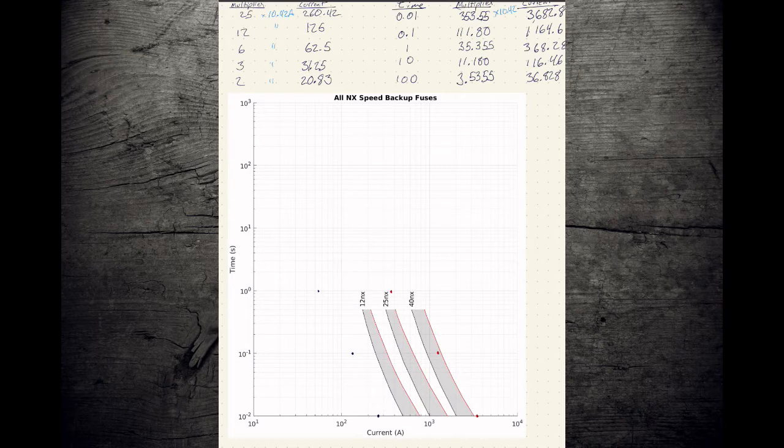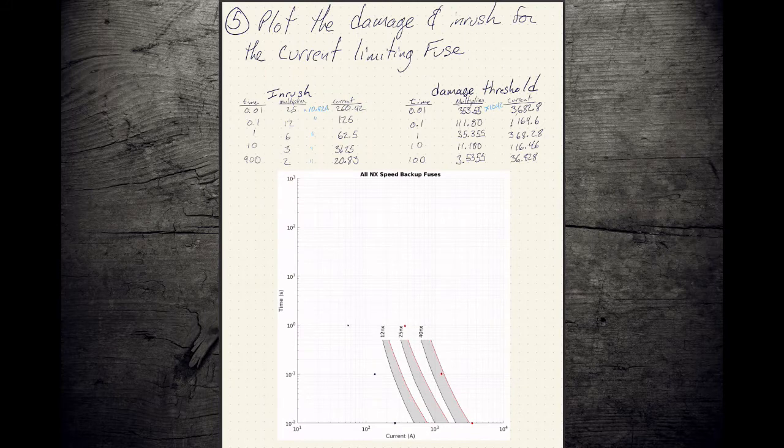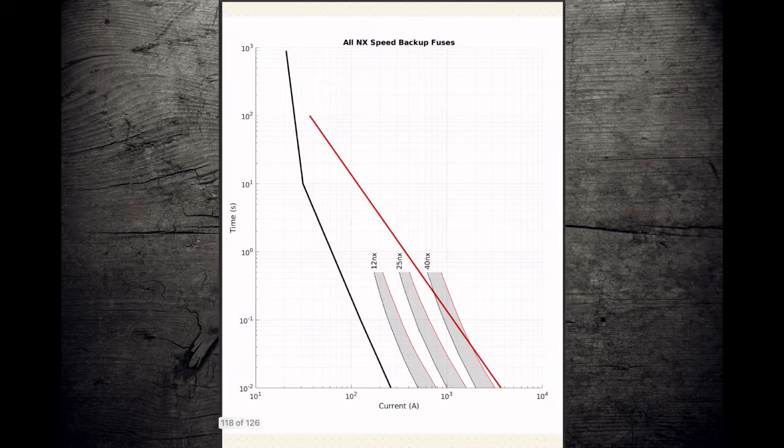And those are looking like they're pretty straight, so it's likely I did an okay job putting my plot in, doing my interpolations. So we connect the dots, and we can see now when we spoke about current limiting fuses, we always said you want the largest current limiting fuse that you can accept. So in this case, the 40 NX is an interesting pick because we can see that it fails right around